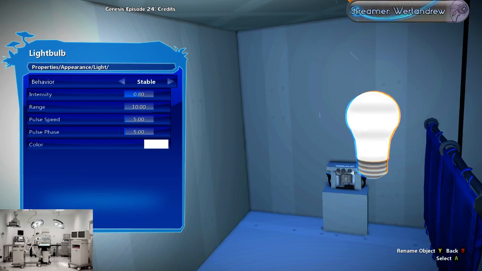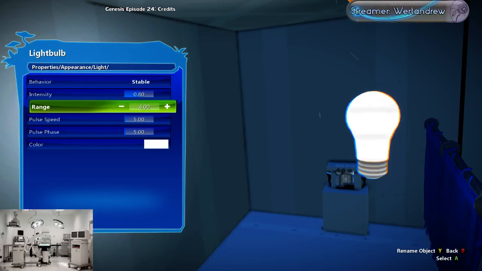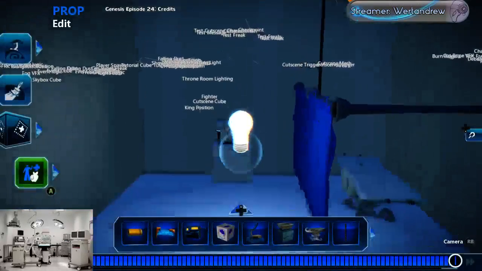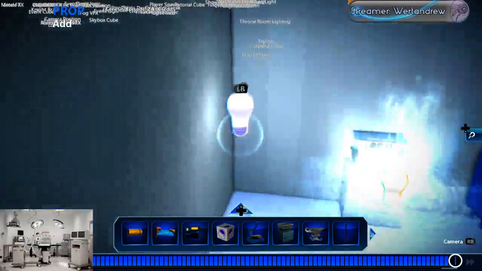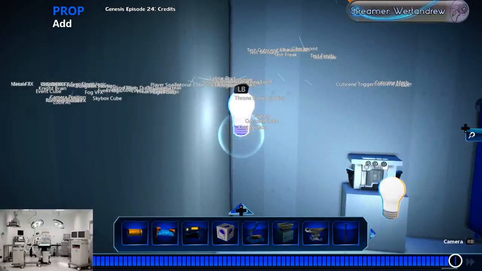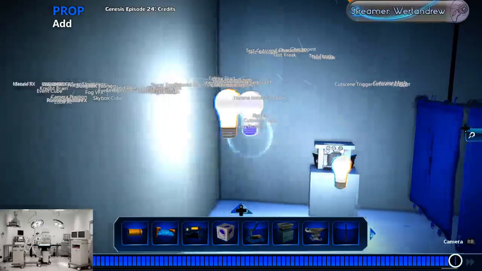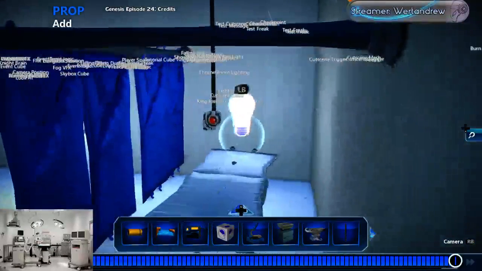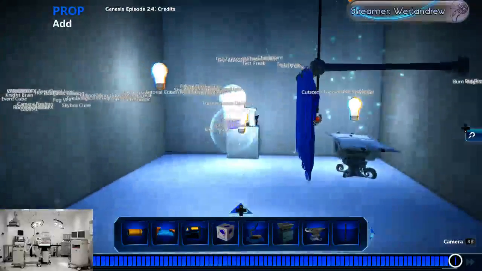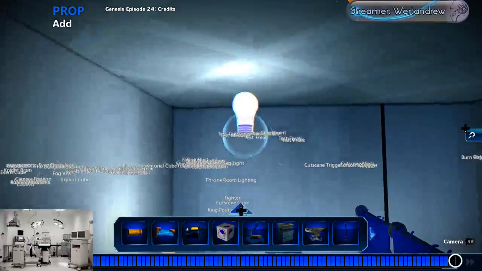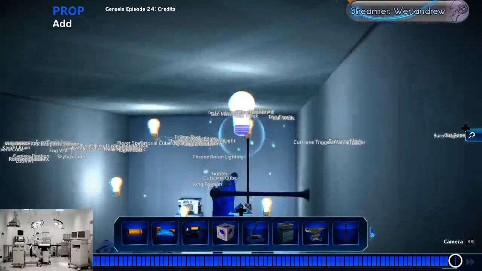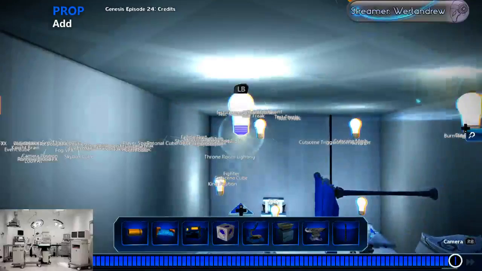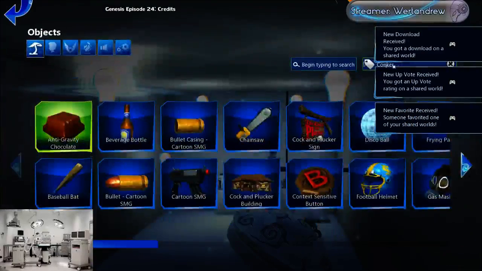So what I'm gonna do is say 4, and then I'm gonna add those to various points, just to increase this. I'm gonna add 4 lights here, so using them like this. And an easy way to add lights